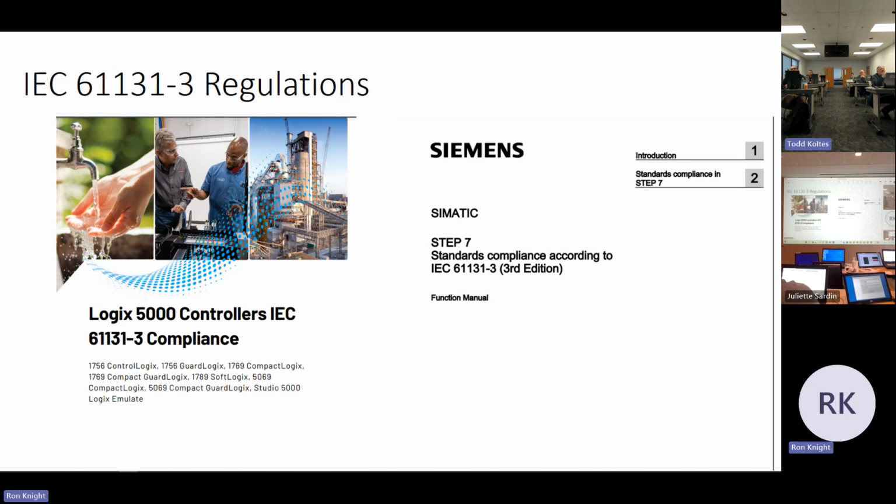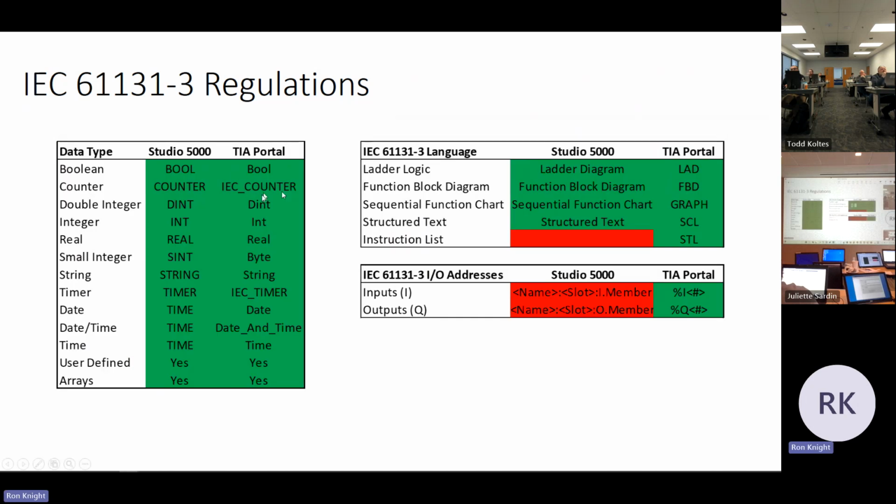So what does the IEC have in it that makes our lives easier as PLC users? Well, among other things, the IEC says you should have these native data types: Booleans, counters, doubles, integers, real, small, string, timer, date, time, and time of day. We should be able to create our own complex user-defined data types, and we should be able to address arrays. Yep, we can do all of those in both Rockwell and Portal. Check, good. The IEC said you should also be able to use these programming languages: ladder, function block, SFCs, structured